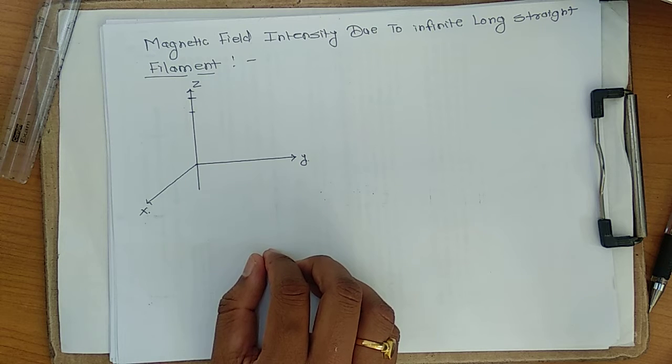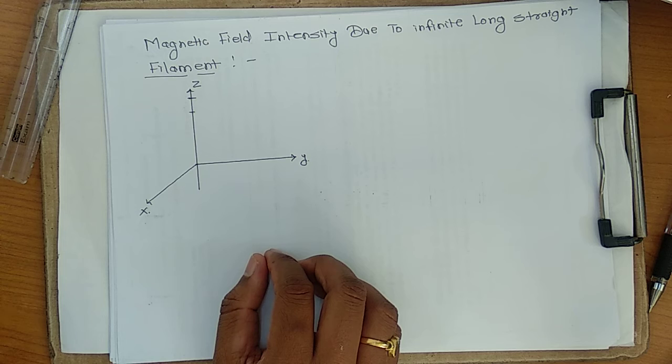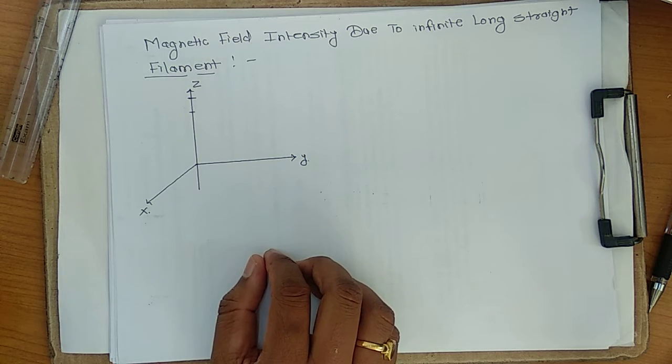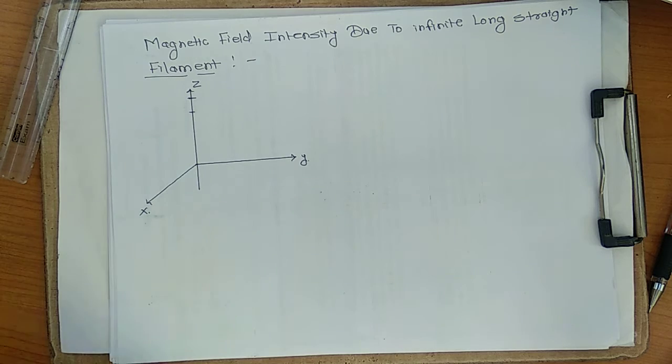Now we are going to study the next chapter, that is magnetic field intensity, steady magnetic field. That is your third chapter, and in it we have studied the Biot-Savart's law and how to calculate the magnetic field. So the next part is to calculate the magnetic field intensity for different applications. Like in the electric field we calculated for spherical and cylindrical surfaces, similarly we have to calculate for different cases here in the magnetic field.